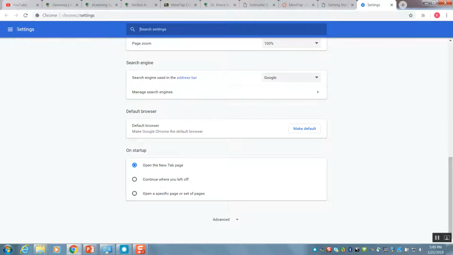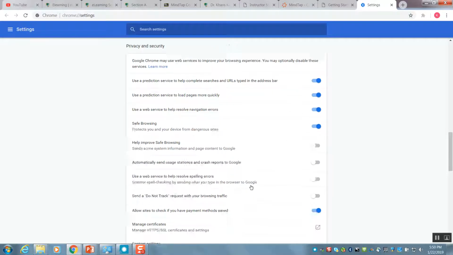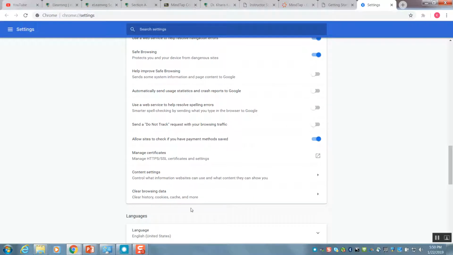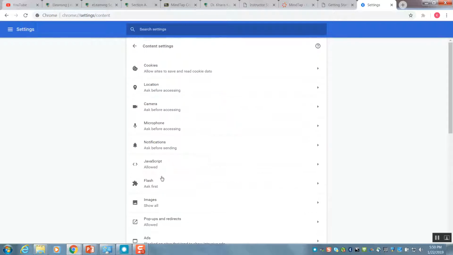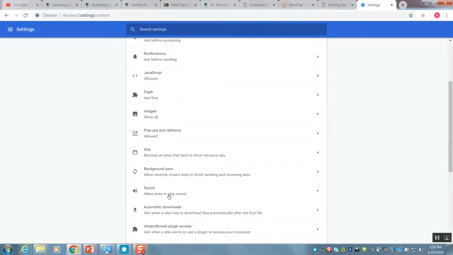Okay, so again, this is the process on how you can remove the pop-up blocker. This is an issue with most students if, let's say, they log into another computer, the browser is just blocking these pop-ups. You want to allow them so that Mindtap will go through and you will be able to do your work. So click advanced all the way down, content settings here, go to